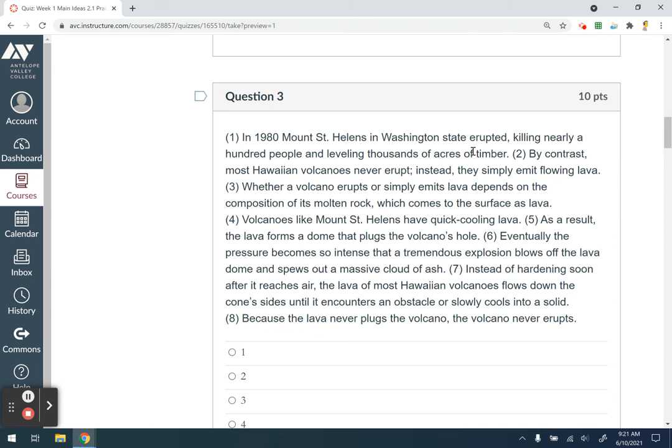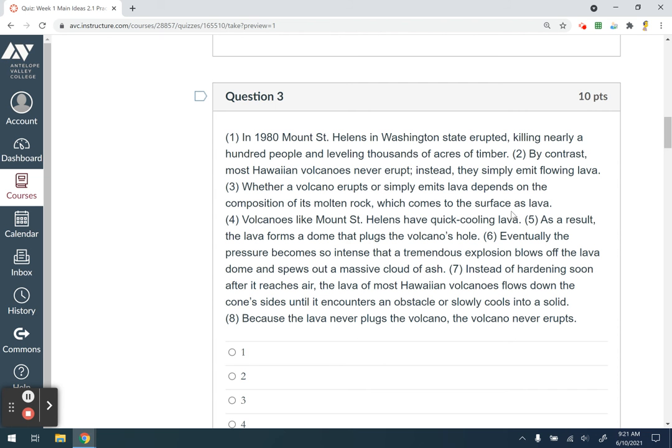Helens in Washington state erupted, killing nearly 100 people and leveling thousands of acres of timber. By contrast, most Hawaiian volcanoes never erupt. Instead, they simply emit flowing lava. Whether a volcano erupts or simply emits lava depends on the composition of its molten rock, which comes to the